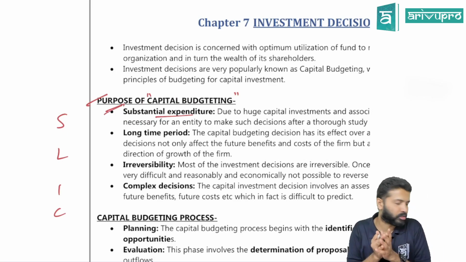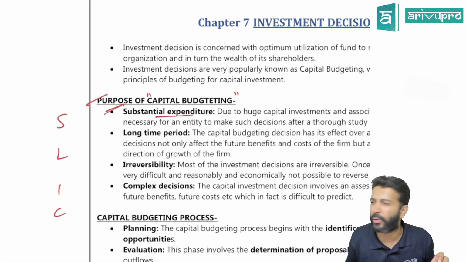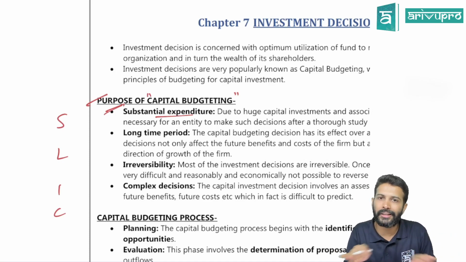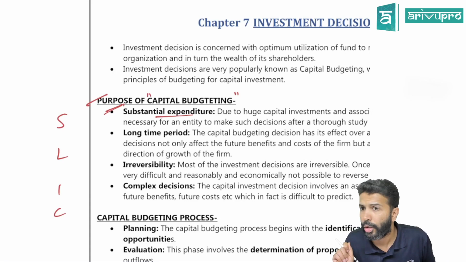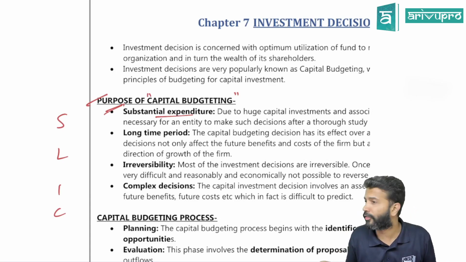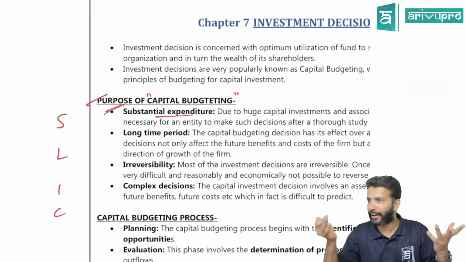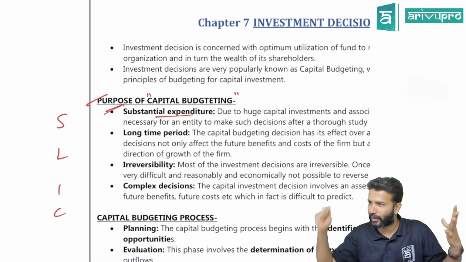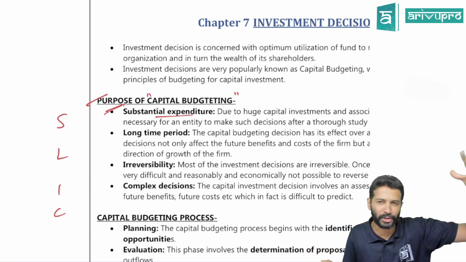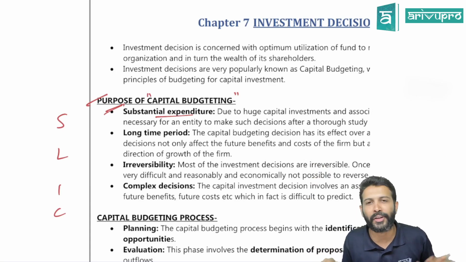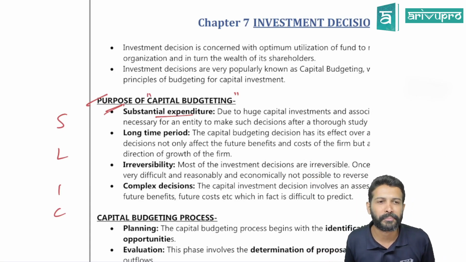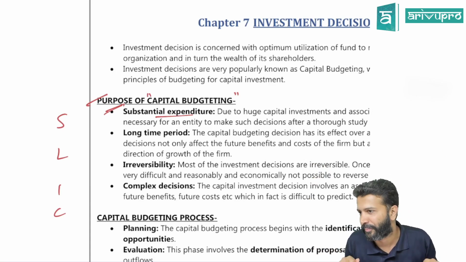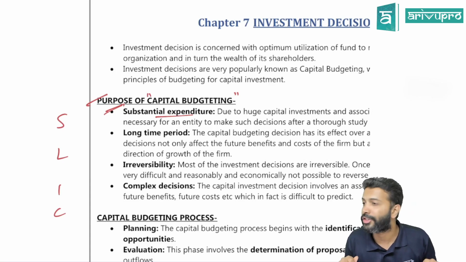Since the amount is big, can you be reckless or do you need to be very careful? Because one wrong decision could mean the end of the business itself. So many startups start left, right, center with so much josh. Now anyway, on Shark Tank India and all, you'll be able to see the full picture. They say this we'll do, that we will do, we'll capture this much market, revenue projection 1,000 crore, 10,000 crore. After 2 or 3 seed rounds of funding, shut down. Why? A few decisions gone wrong.